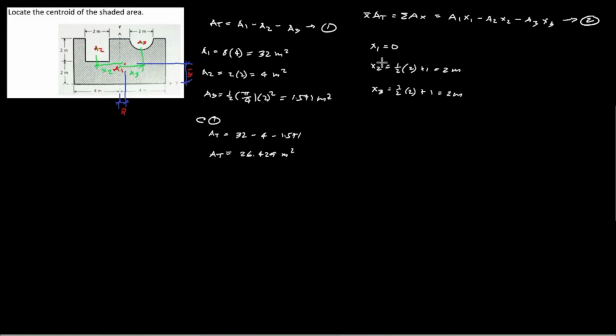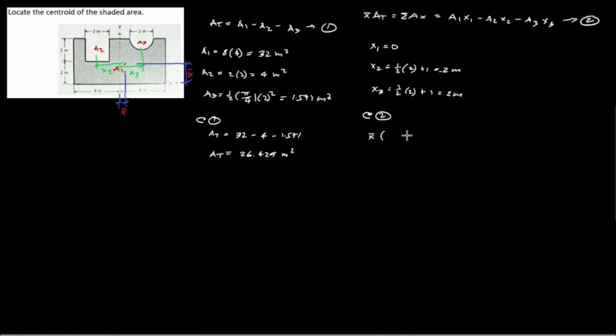For x sub 2, we have 2 meters, but x sub 2 is on the left side of the y coordinate. Therefore the sign of x sub 2 should be negative. So this is a negative sign. And at equation 2,